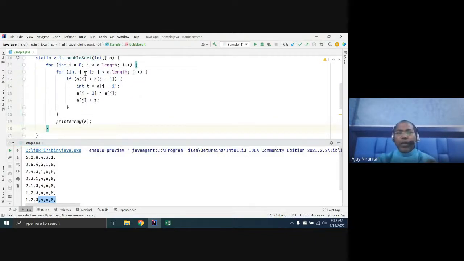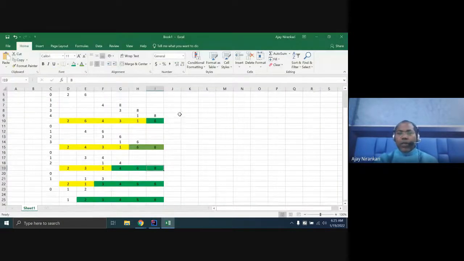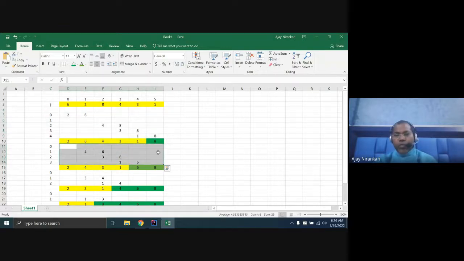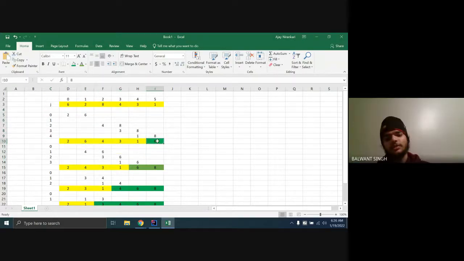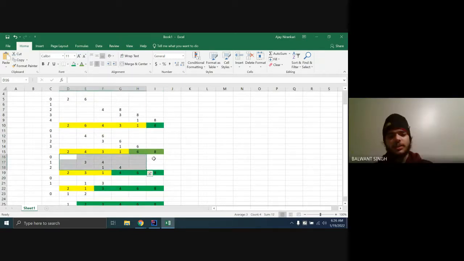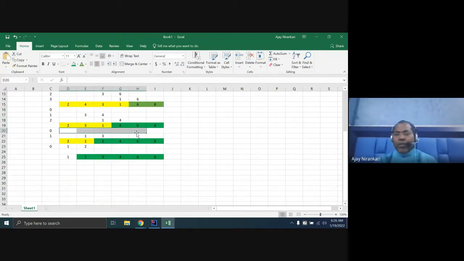But here our loop always runs till length. What was our logic? The first time you run the loop, it will run to the end, but the next time the loop should run to length minus 1, the next time minus 2, the next time minus 3, because we don't need to run all the way.